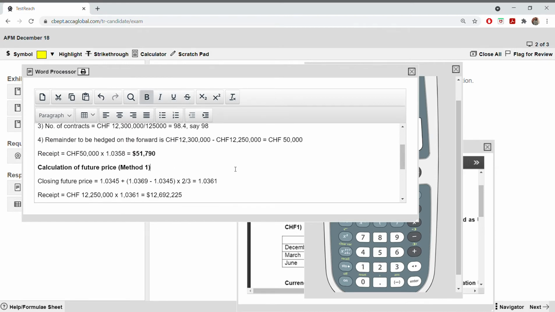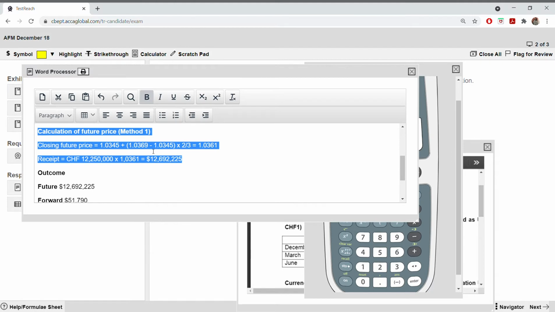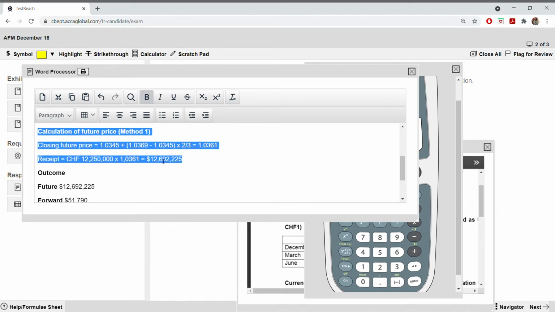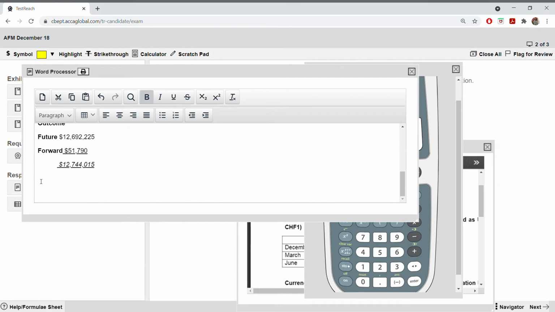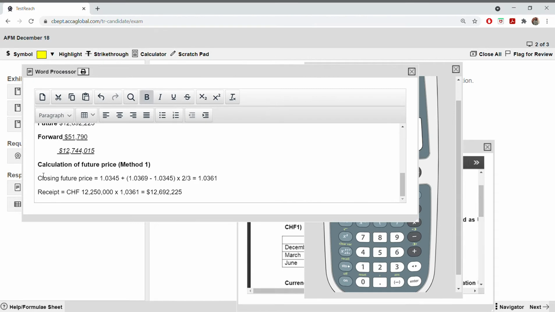So I guess I can do the method sideways. No, it's better I will show it down only. So all this I can just copy paste. I will just change the numbers. See, you have to be smart enough, okay? Wherever you can copy paste something, just copy paste it, instead of writing it down. So I'm just going to copy paste it down. Okay. What I am going to do is just change this method 1 to method 2. That's it. And the closing future price.